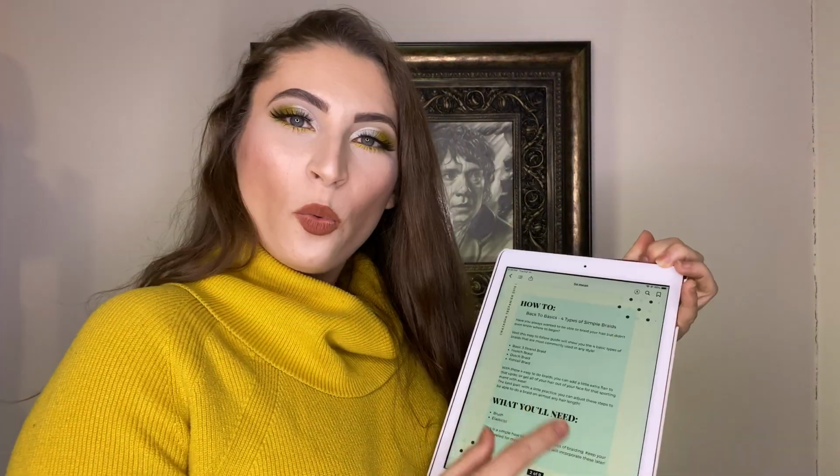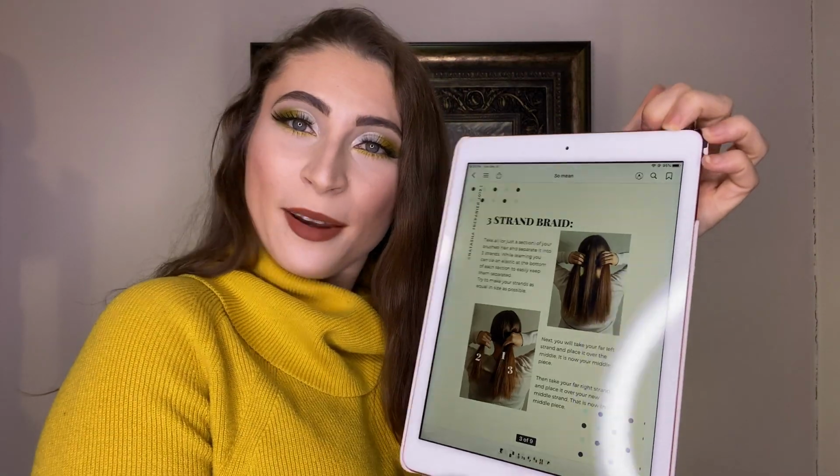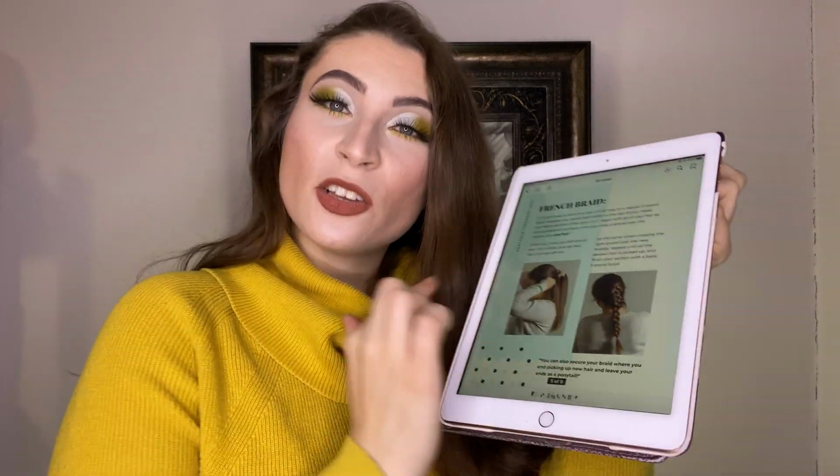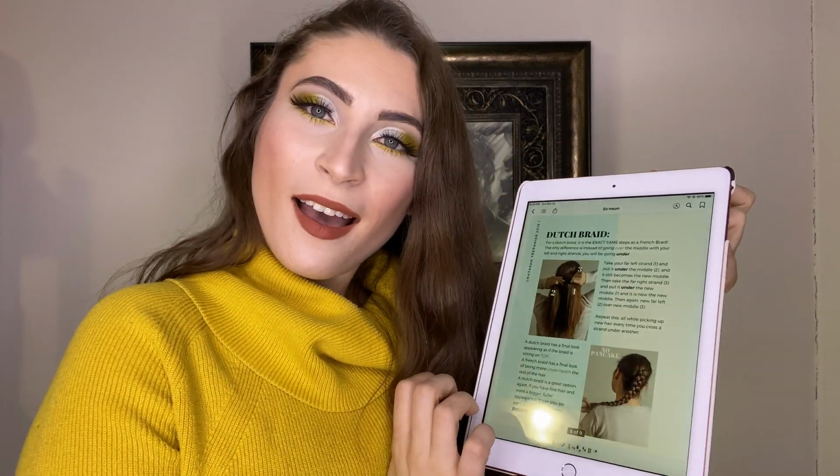Okay, so that was our 3-strand braid. Next, we're going to move on to the French braid. So this is your French braid section of the guide. It's about 2 pages. No, it is 1 page. But a French braid is very similar to a 3-strand braid. The only difference is instead of grabbing all the hair at once like I did, you're gonna just grab a